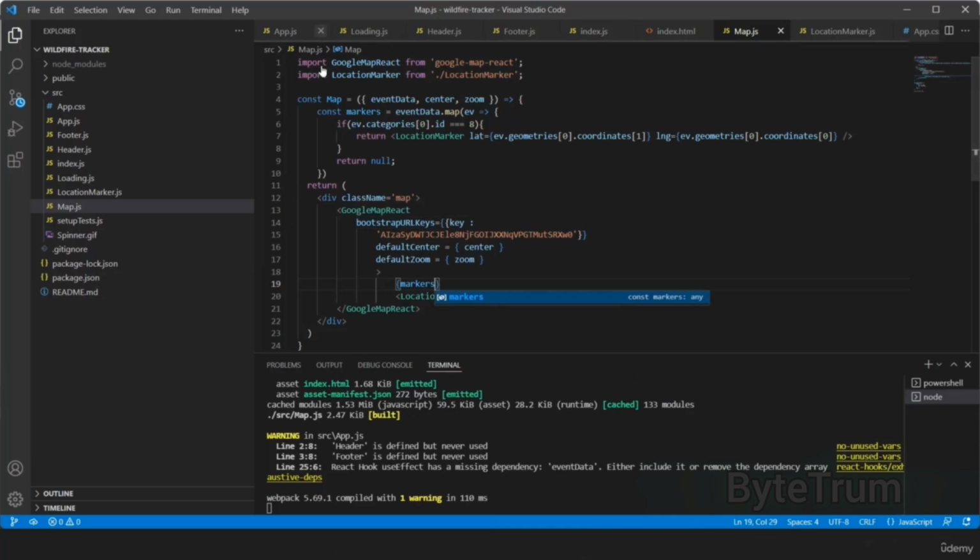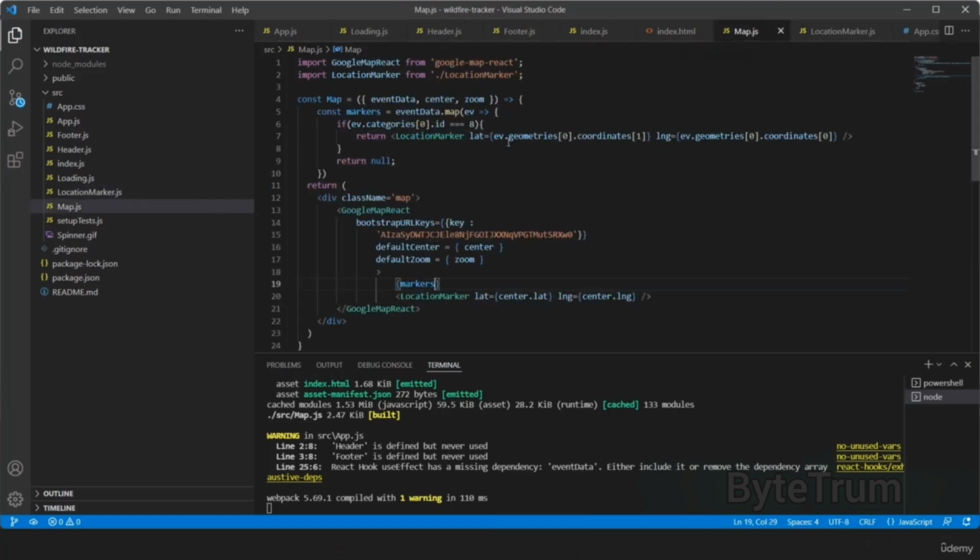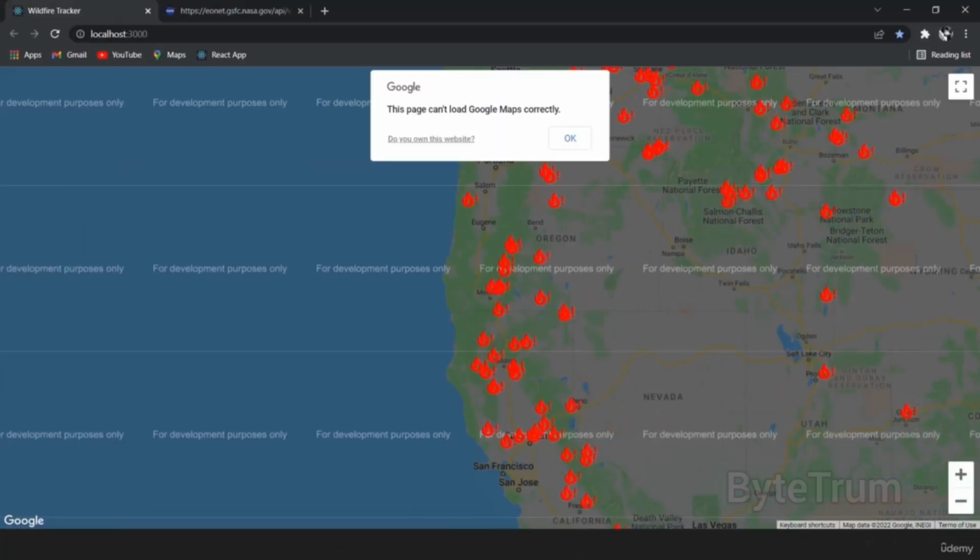The markers variable that has the coordinates was sent to location marker, and for that location marker, this icon of red fire got selected, and it got this latitude and longitude returned to it. Here we are using this markers only, which has the latitude and longitude. As soon as we save it, we can see